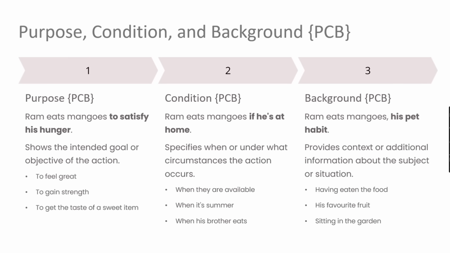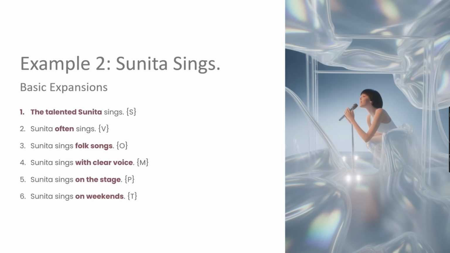So you can clearly see how you will always have 12 different ways to enhance or modify a sentence. A 2 word, a 3 word, a 4 word sentence. You can take any word, any small sentence, and convert it into a long, rich, detail-oriented sentence using my SVO block method, where you will enhance its subject, verb, object. You will have manner detail, MPT detail, CCC detail, and PCB detail. Now let's